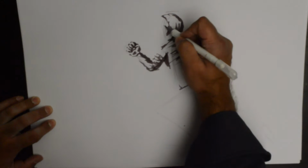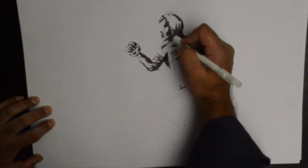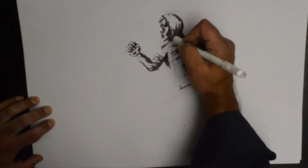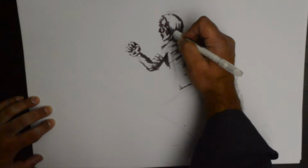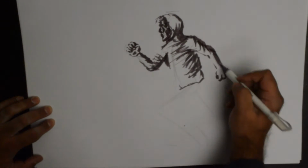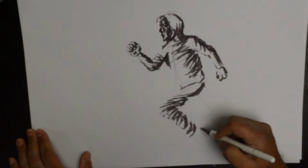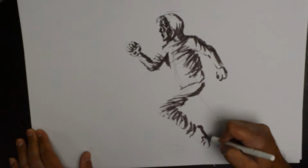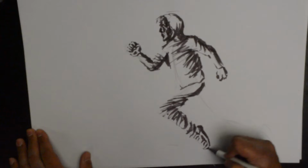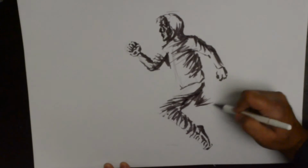and you will see that this is a very simple exercise when it comes to putting in quick tones, and even using the same thing for a framework. I'm using a hoodie here, so a hoodie design, and I am quickly going over